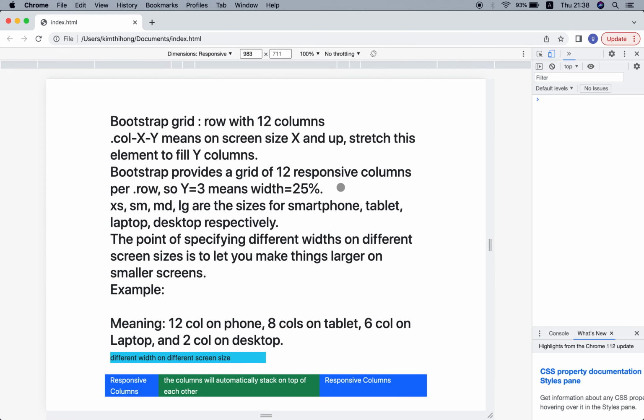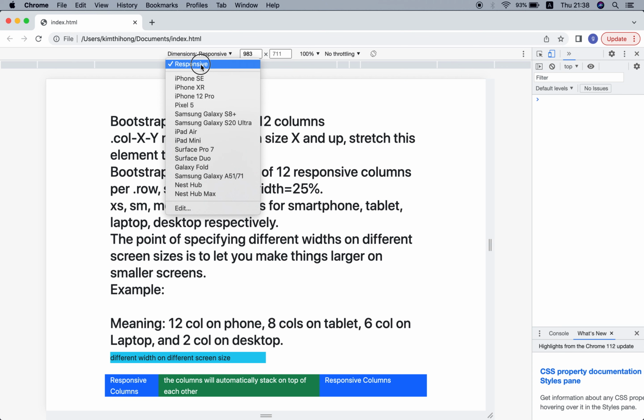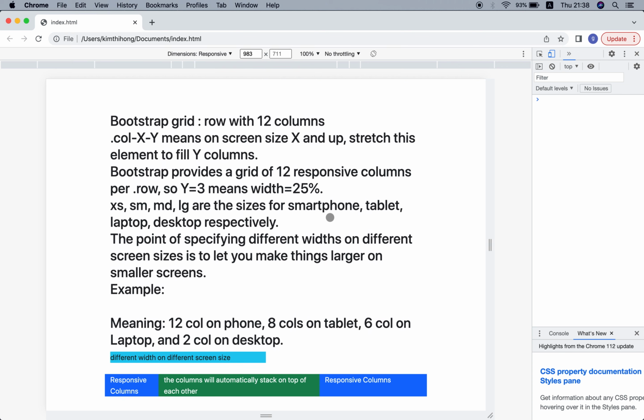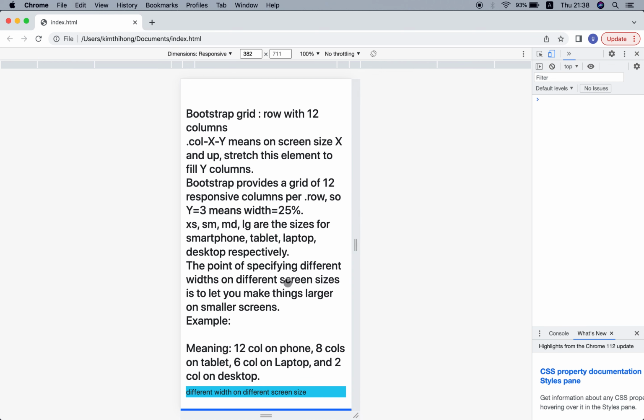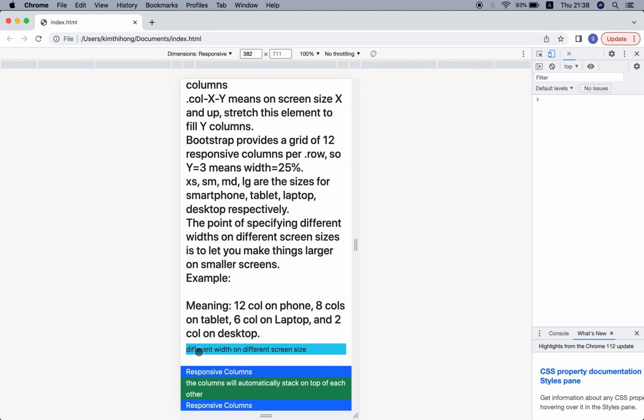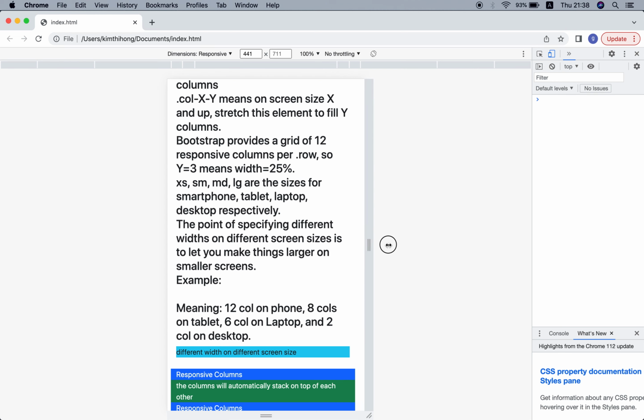Okay, and on the top we have a responsive tool. Now you see for small screen size, this column spans 12 columns, that means 100%.